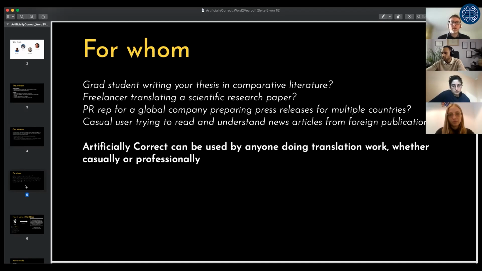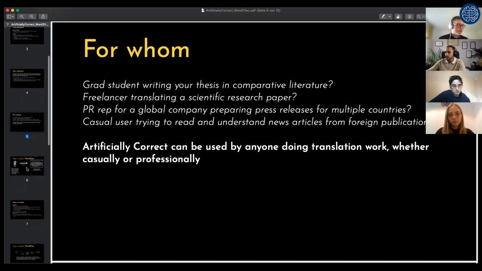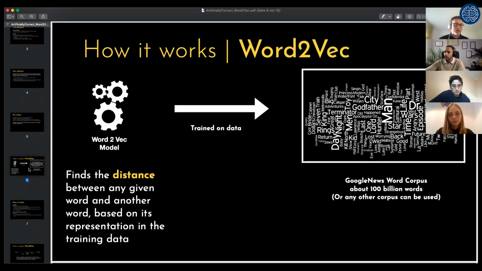So it should be usable by anyone who has a problem in that field, or uses or works with machine translation. And the tool we used to implement this solution is a word-to-vec model, a machine learning model. To give you an overview of what it does,